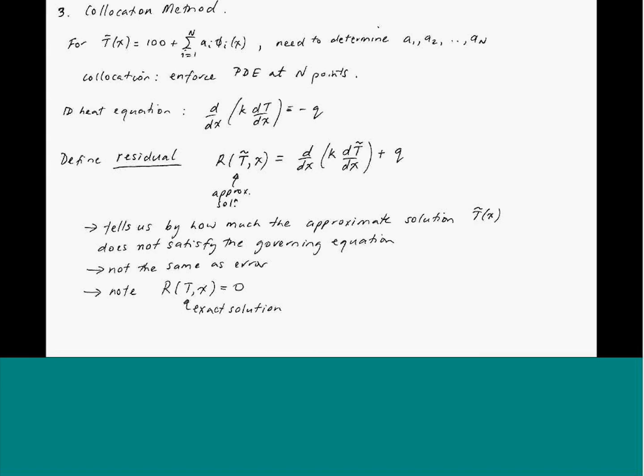And I think in a way that's the amazing breakthrough here: we'd love to know the error, but if we knew the error, we would know the true solution. So then why would we be doing all of this? The really cool thing about the residual is that we don't need to know the true solution. We can take our approximate solution, we know the equation that it should satisfy, and we can measure how far